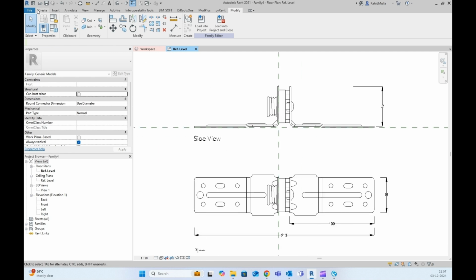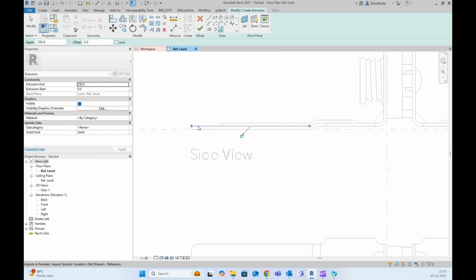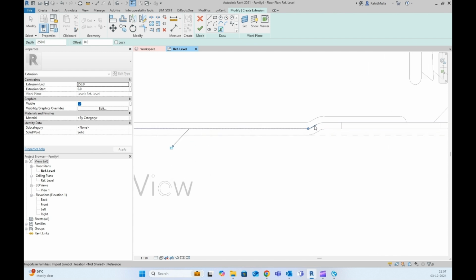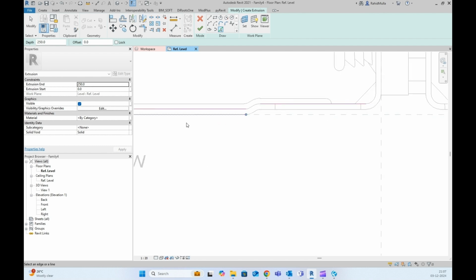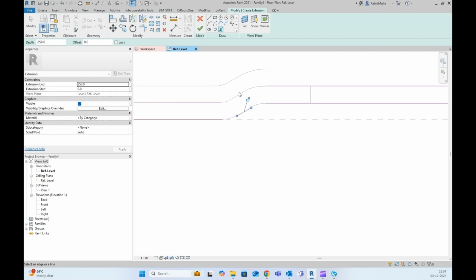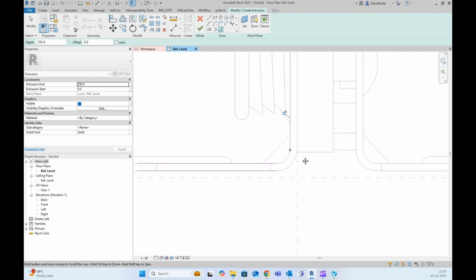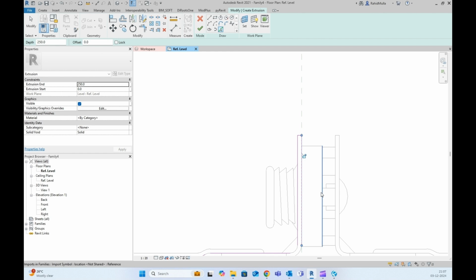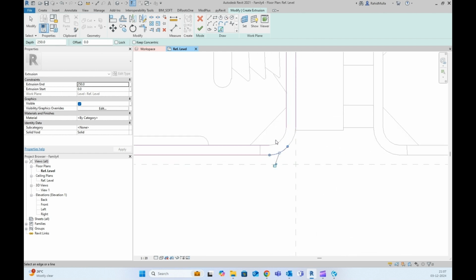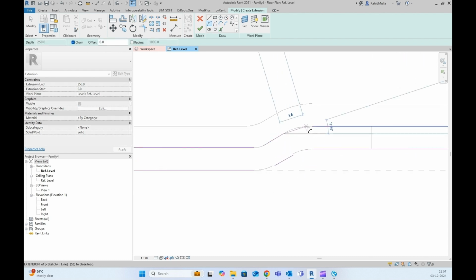So I like to work with sweep, but for this particular family we will use the extrusion command. And here Revit won't allow me to trace all the boundaries, because some of the lines are less than 0.9 mm. When a boundary is less than 0.9 mm, Revit won't allow you to model it, so you have to do that manually. So what we will be doing is we will use this arc command to fill off the